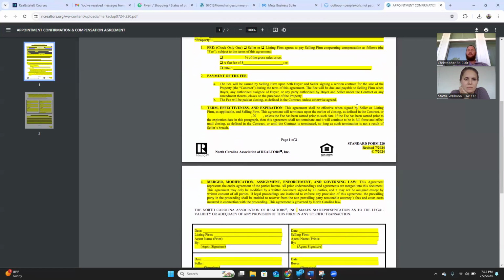This agreement shall be effective when signed by seller or listing firm and will terminate upon the earlier of closing as defined in the contract, or you can put a date in right here. Okay. Now, if the fee has been earned prior to the expiration in this paragraph, this agreement shall not terminate and it will continue to be in full force and effect until closing as defined by the contract or until